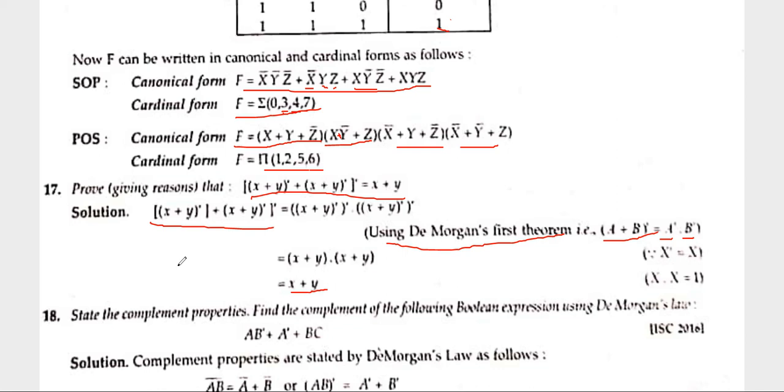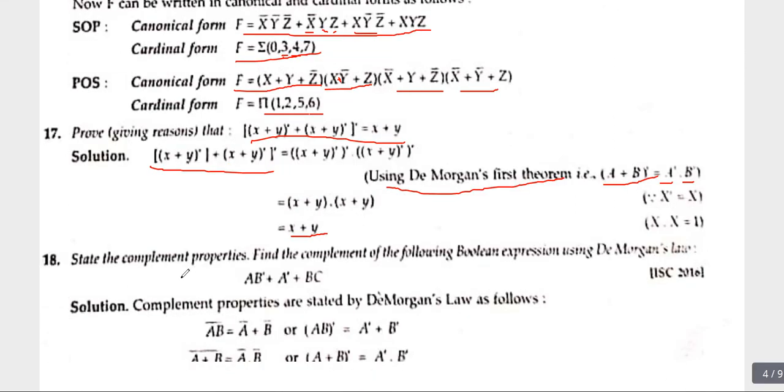Sometimes cardinal canonical form related questions, sometimes complementary expression related questions, dual form, changing Boolean expressions in SOP or POS into canonical form, or reducing the expression by using the algebraic method. So this kind of short question will be asked in part 1 of your question paper. This is a very important thing.